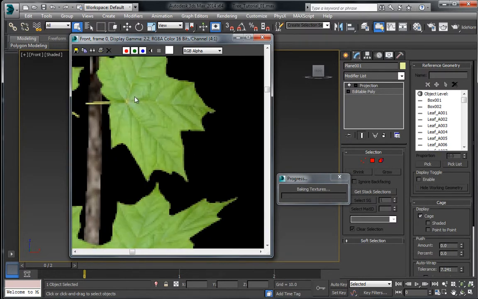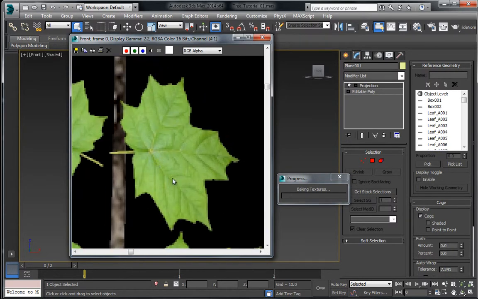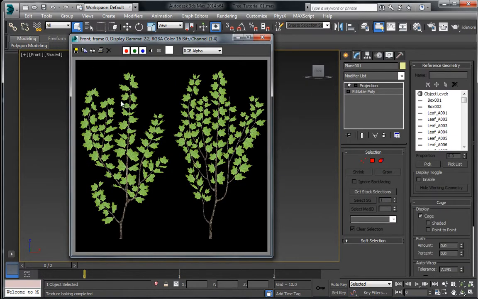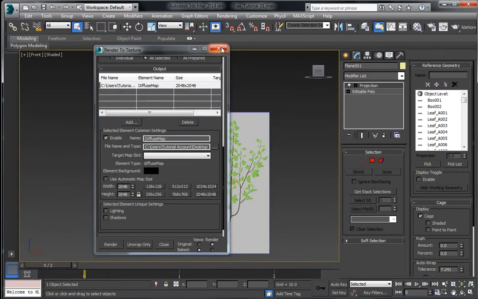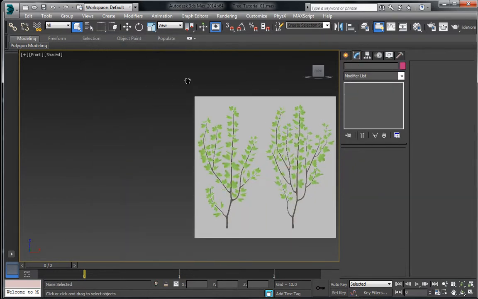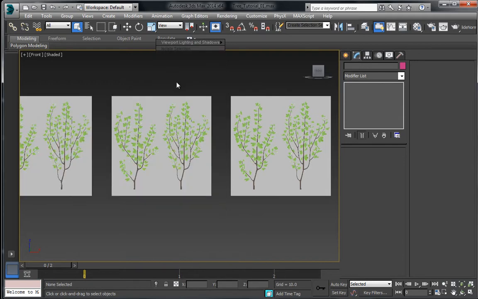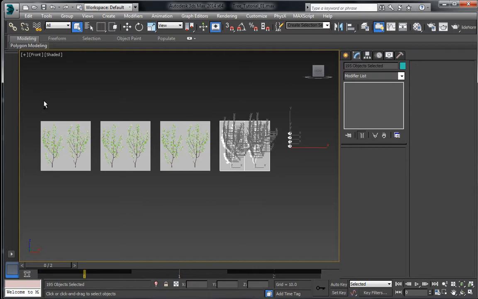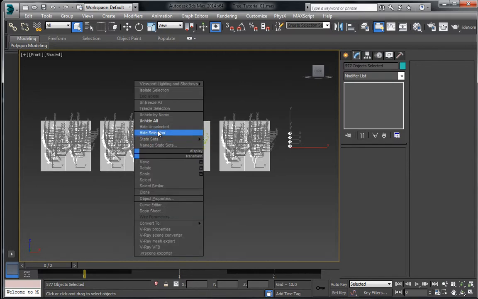And when we zoom in here, because we have this high resolution, we can actually see the finer detail inside of the texture. Now when we bake the normal map, we're going to get that shading information back. So let's go ahead and deal with the next bake. So we're going to unhide everything, and the next one we'll do will just be the mask. So let's hide selection,